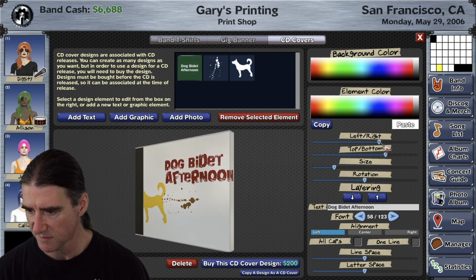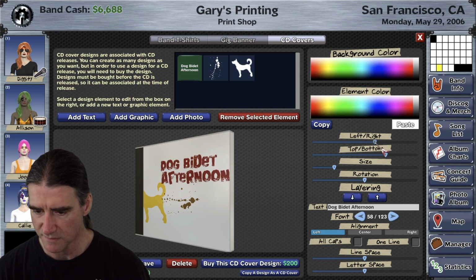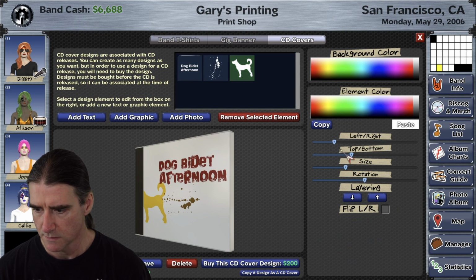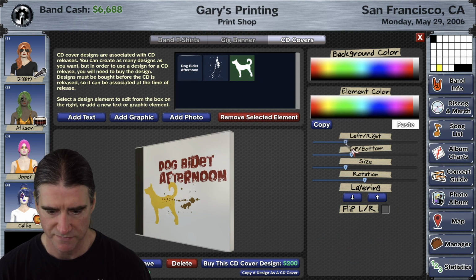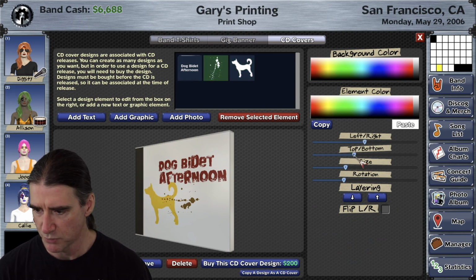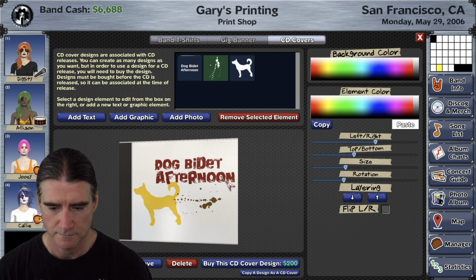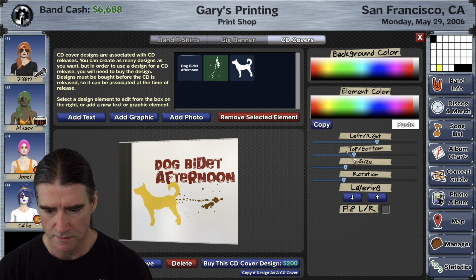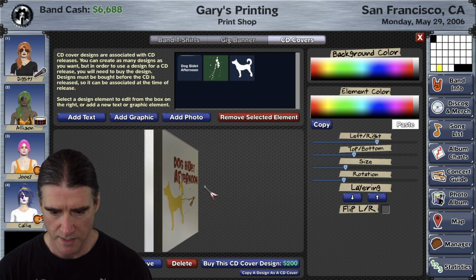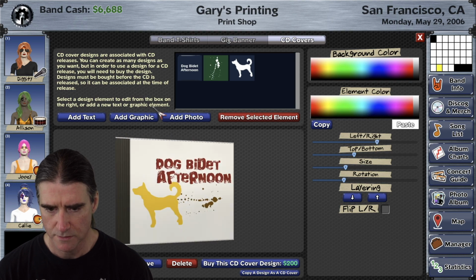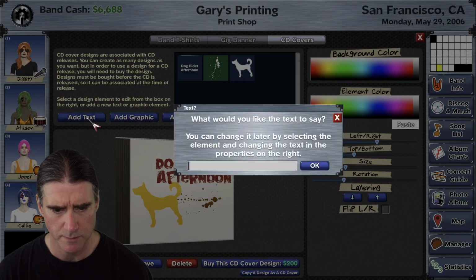Let's grab the text, move it so it fits on the front. Let's grab the dog and move him so he fits. Grab the poop, move that over a little. Look at that, perfect. And then if I wanted, I could put something else on the side here, or if you want to add the title of the album, let's say here,